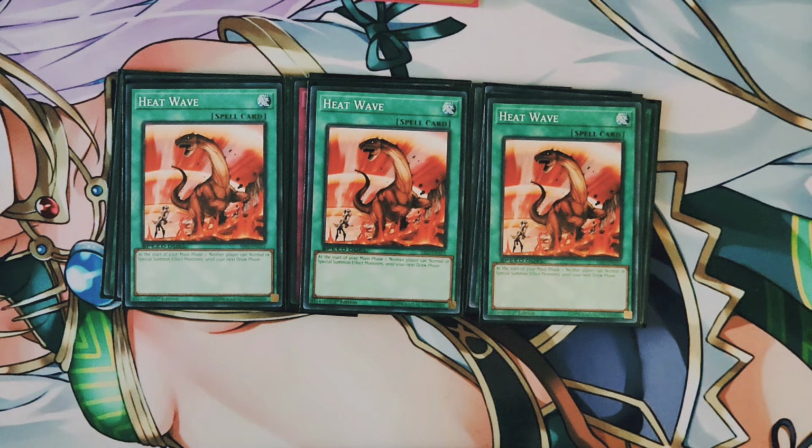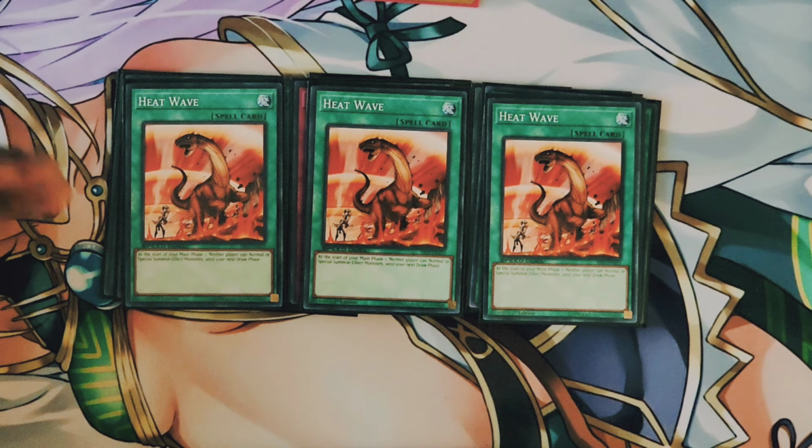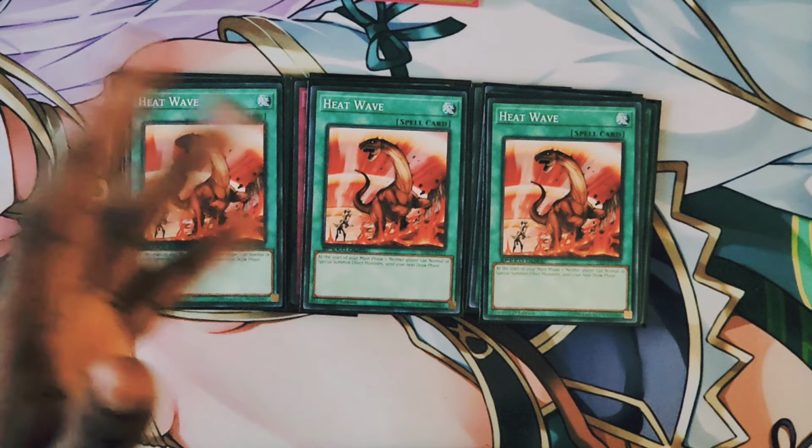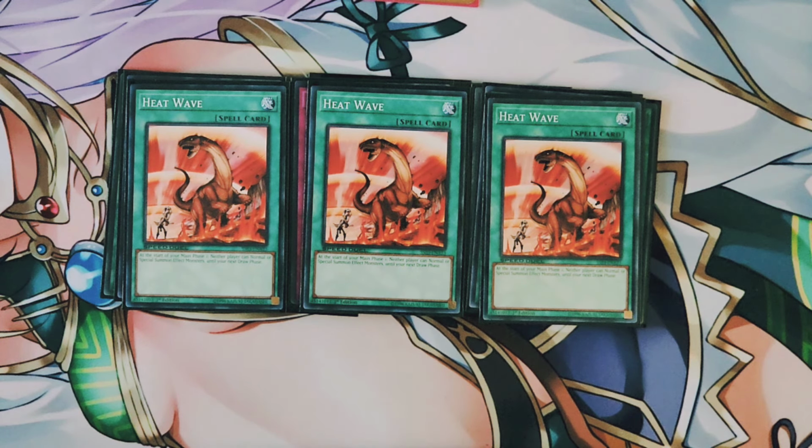So if you got Fury, you can activate Heatwave, right? Your opponent is not playing the game. You're not playing the game, but your opponent doesn't play either. And now it's your turn again. Turn 3, all your stuff's online, and you have a battle phase. This basically just says turn skip your opponent